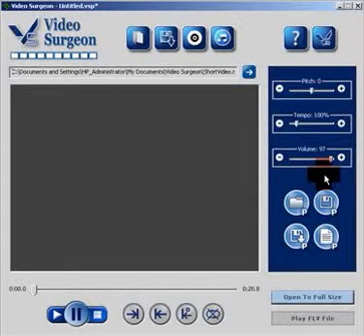This video tutorial is on how to create and save a project. The project buttons on Video Surgeon are located down here in the lower right hand corner. And to help you try to understand the concept here between project buttons, which these are, as opposed to these